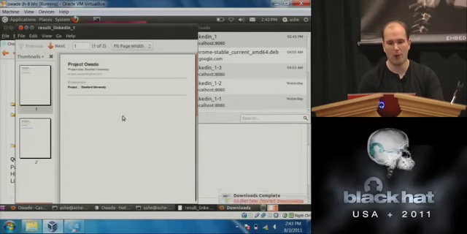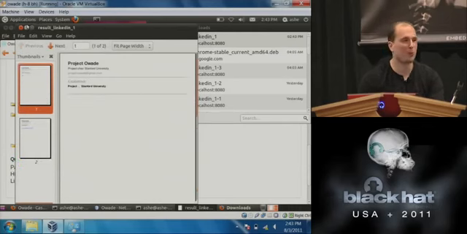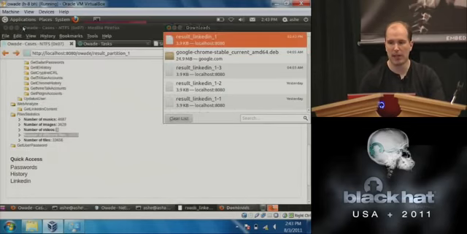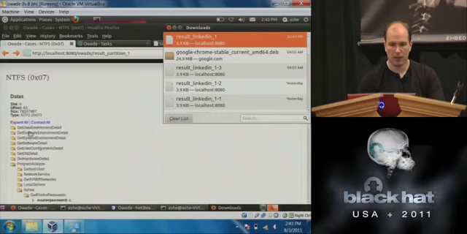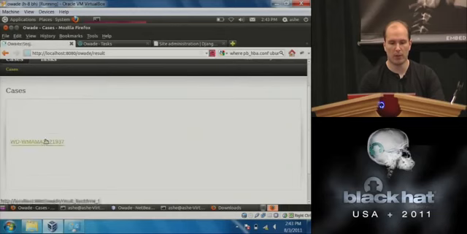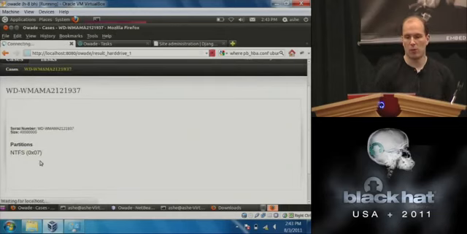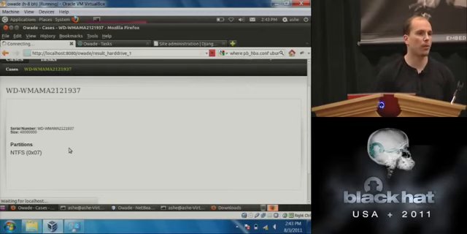So we have an OWADE user, which is basically a project at Stanford, and he has absolutely no contacts because no one wants to be friends with him, but you can have his resume here, directly gathered by OWADE. And of course, OWADE deals with multiple cases, so here we only have one hard drive with one partition, but you can have as many as you want, and we hope to build some module which is going to do cross-correlation between cases. And that's pretty much what the demo is about.